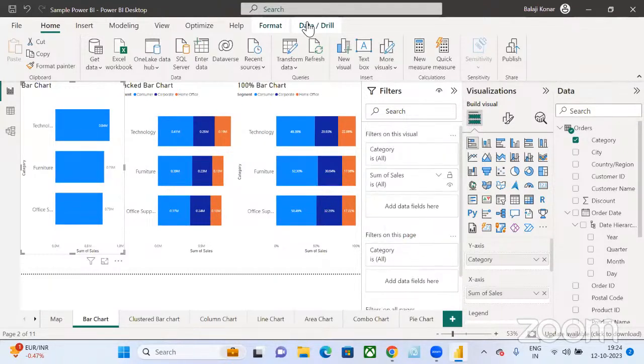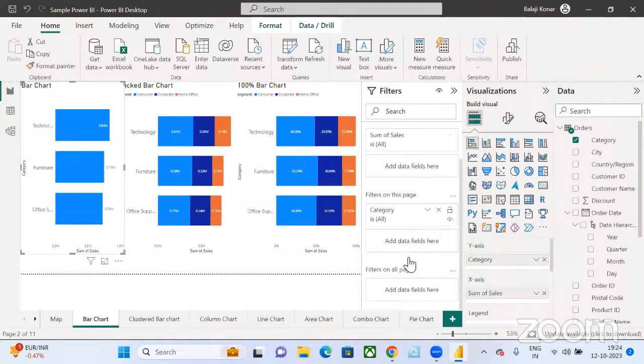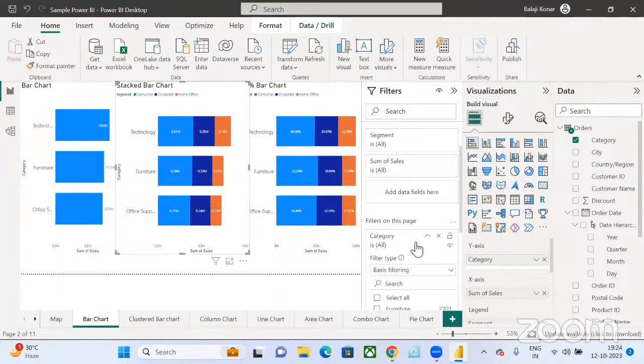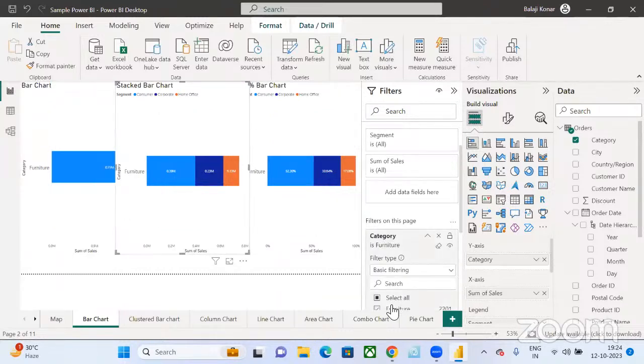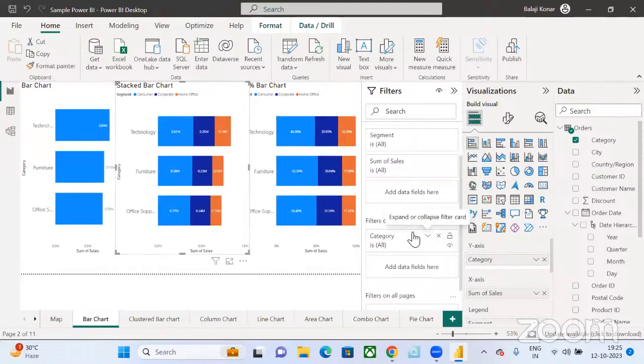Is everybody clear what is filter on the visual and filter on this page? As the name suggests, a filter on the visual will apply only to that particular visual. Filter on this page will apply onto the current page. For example, if I say category and say furniture, all the visuals will be filtered to furniture. Okay. Now the last one is